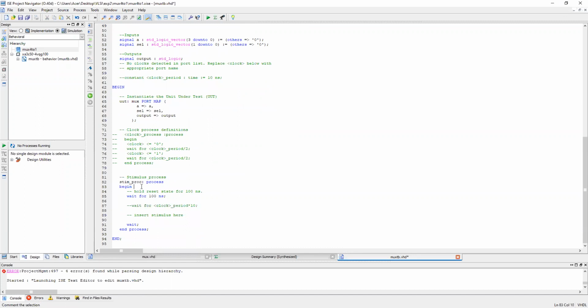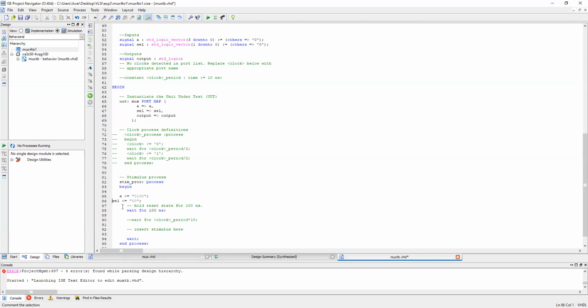And after begin, you have to write here for A, double quote, it's 0100 for A. And for select, double quote, I will choose 00.